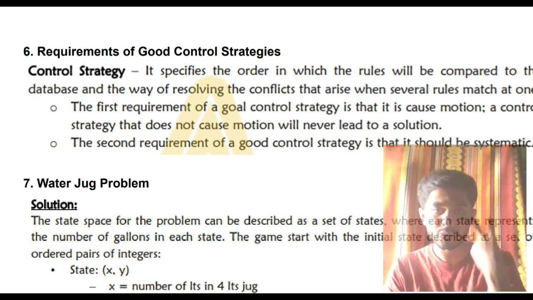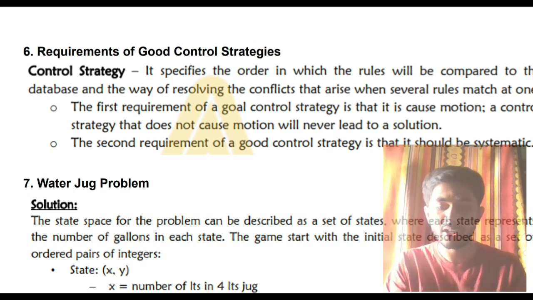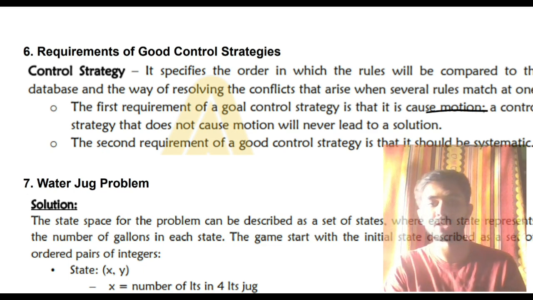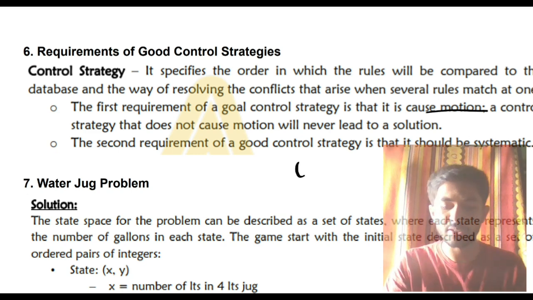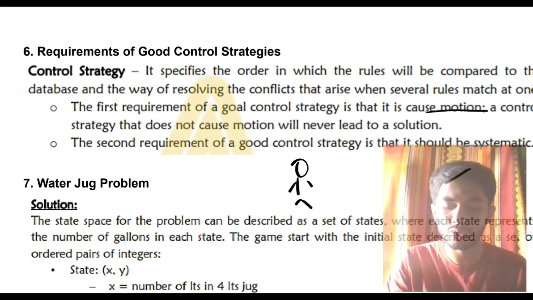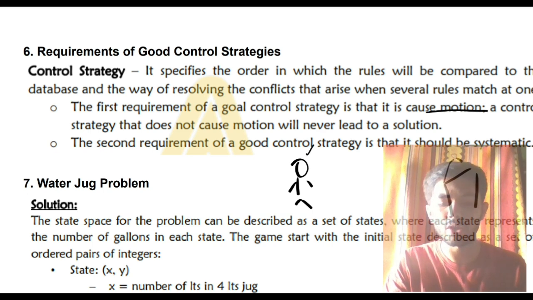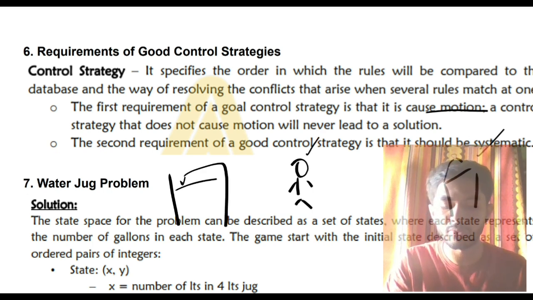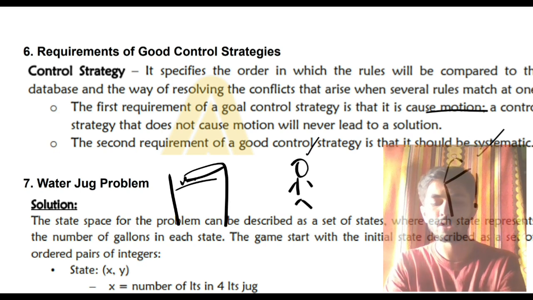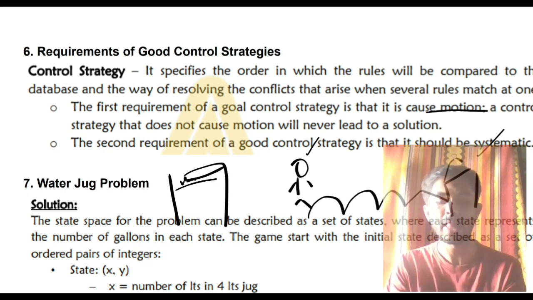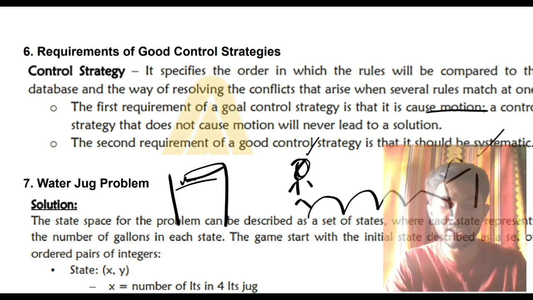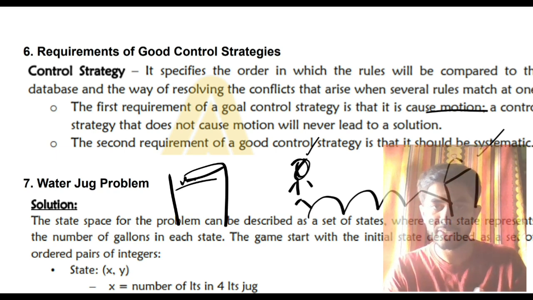For a good control strategy, you need two things. The first thing is that it should cause a motion. What do you mean by causing a motion? I'll take an example of a drunk alcoholic person. Here is the drunk person, and his home is here. Here is the bar, from where he got very drunk and came. Now he has to reach his home. Now what is in his mind? If he wants to reach his home, he has to take a step forward and reach his home, but it is just in his mind. He's not doing it. He's just thinking he has to reach his home. He's standing there like a fool. In that case, he will never reach his home, right?